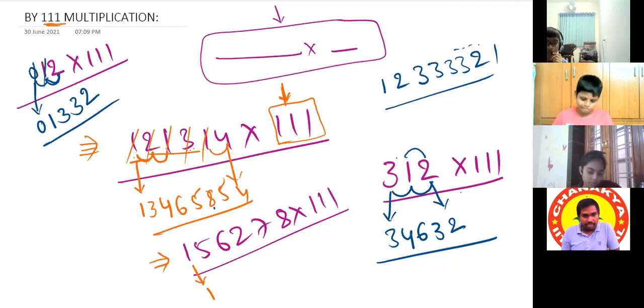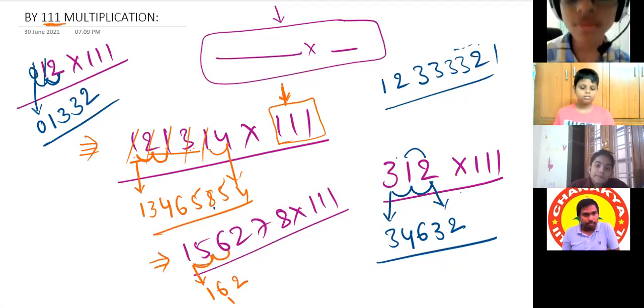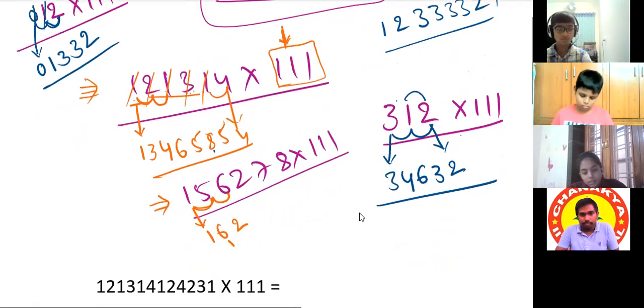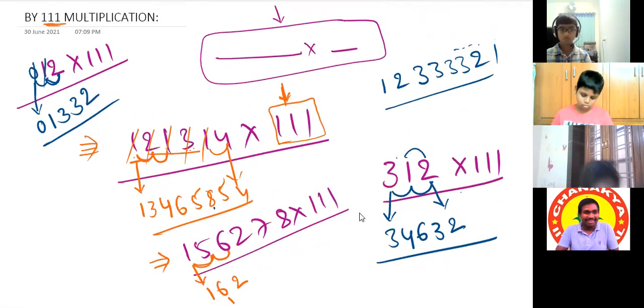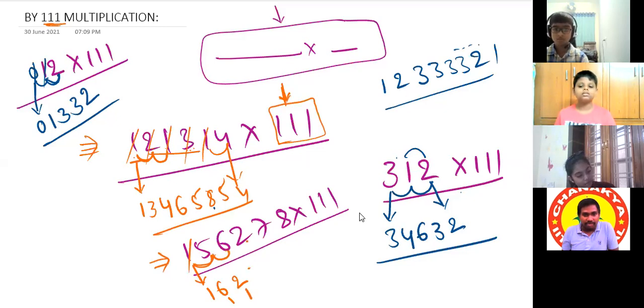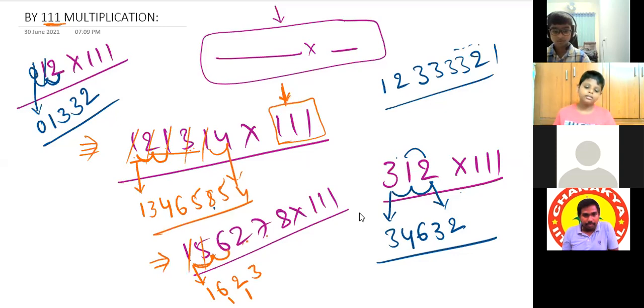So first take 1 as it is. 1 plus 5 is 6. 1 plus 5 plus 6 is 12, so 1 here, 2 here. Now we need to cut 1. 5 plus 6 plus 2 is 13, 1 here, 3 here. Cut 5. 6 plus 2 plus 7 is 15, 1 here, 5 here. Then 17, 1 here, 7 here. With this we come to the end.